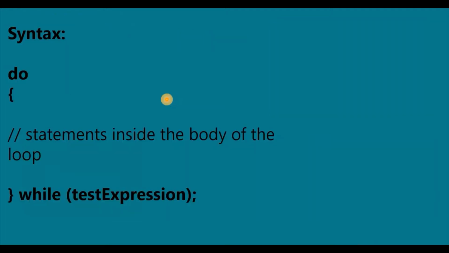Even this particular do-while loop requires initialization, test condition and increment statement. Initialization will be done on top of the do. The statements will be inside the body of the do loop, and inside we will have an increment statement. The test condition will be checked at the end of the do-while loop. The while expression should end with a semicolon. Because the test expression is written at the end of the do-while loop, it is called an exit